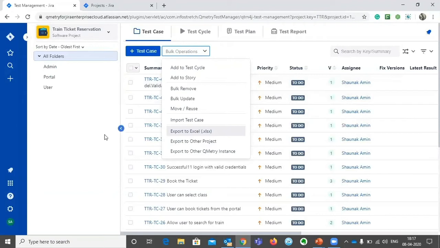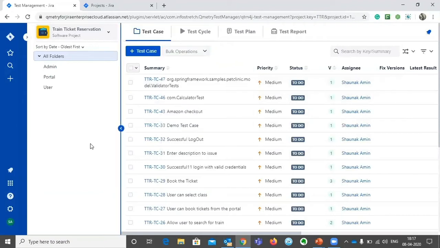So we can just select the number of test cases which you do want to export by selecting the checkbox, or even you can select all, or even you can just search it out by, let's say, its key or summary, or even you can apply the filters.